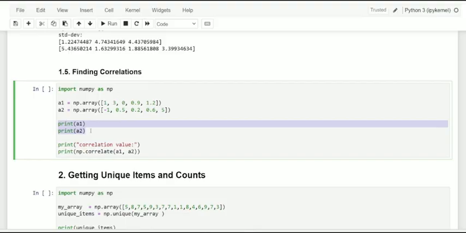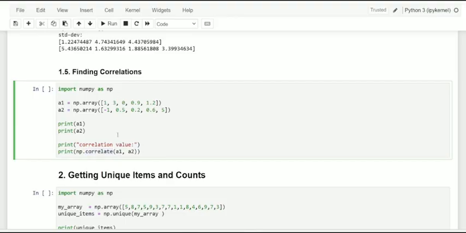When identifying the correlation, we are going to pass the function correlation. Here we are using the correlation method and passing it the two NumPy arrays between which you want to find the correlation, which are the two arrays A1 and A2.